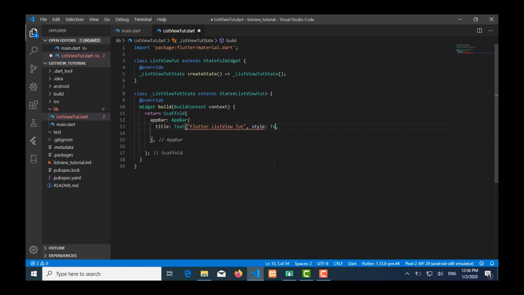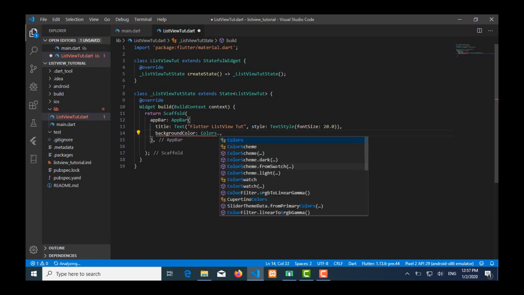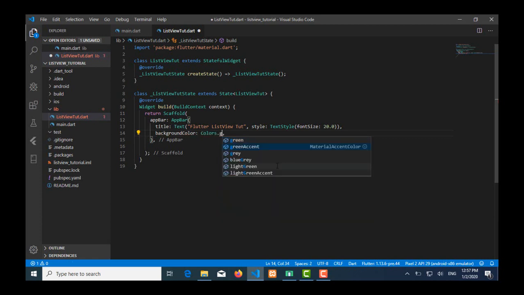I am going to use TextStyle which will let me use font size, and font size is 20.0. Okay, so let me use background color which is Colors dot, let me use greenAccent,